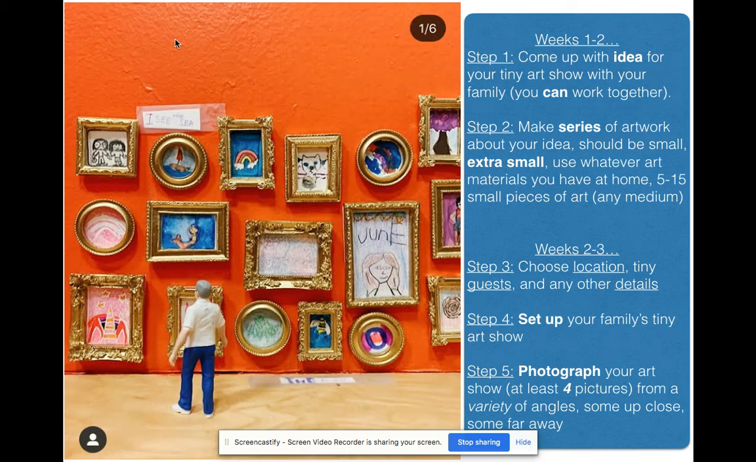And your series of work, I'm not going to put necessarily a number on it, but I would have more than 5 pieces of artwork. And again, that can be split up amongst multiple people. And just make sure that everything is extra small. Okay, so it probably shouldn't be more than 2 inches by 2 inches. And that should save time as far as the making. Again, you don't need to buy materials. Use